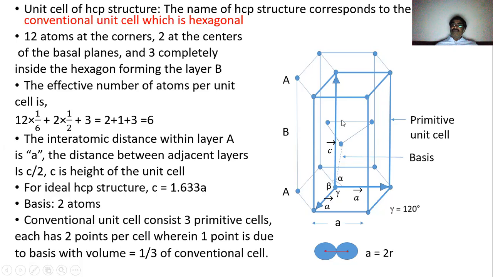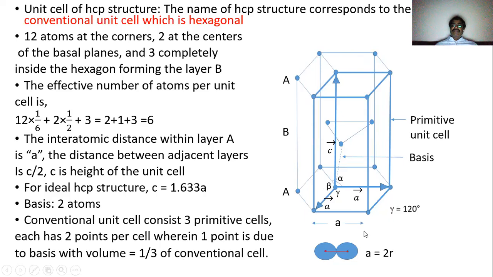So this is the primitive unit cell, which has the speciality that the number of lattice points per unit cell is greater than 1. Okay, this is the speciality of this primitive unit cell, because while looking at the definition of the primitive unit cell, we have seen that a primitive unit cell has the least number of atoms, and generally it has 1. So it has 2 lattice points per unit cell. Okay, and what about the volume of the primitive cell? The volume of the primitive cell will be equal to 1/3 of the volume of the conventional unit cell.